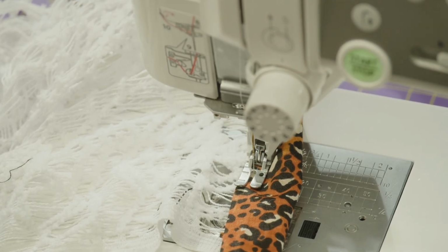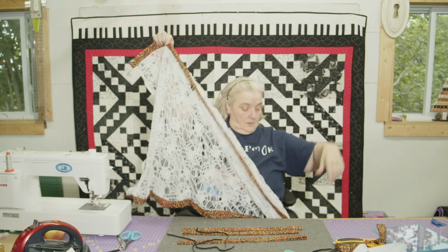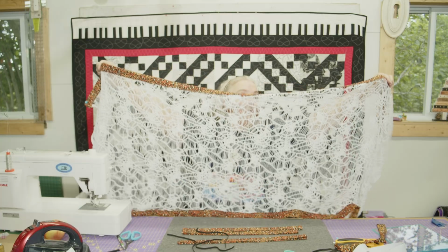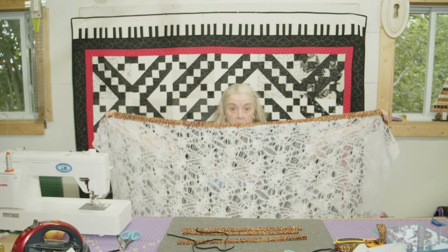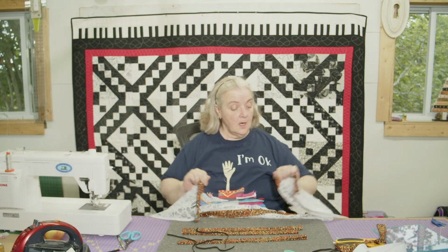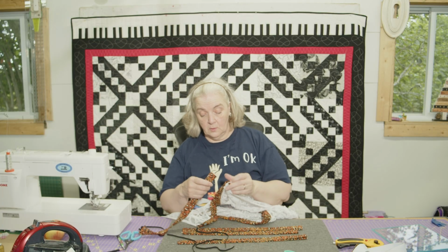Okay, and then we'll do the same to the other side. Okay, now once you have those two sides done, you can see right here, it just gives it a little bit more stability. It's a little bit easier to have the edges flare out instead of collapse in on itself. So what I want to do is add straps to each of the corners. So that's 4 straps, 4 corners. I want to be able to attach it